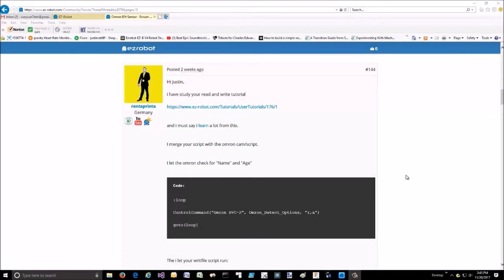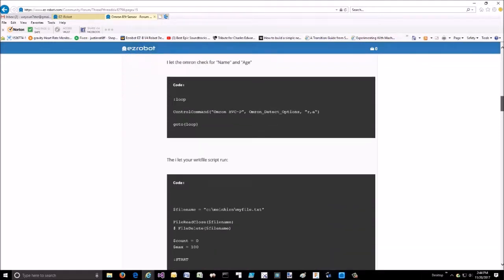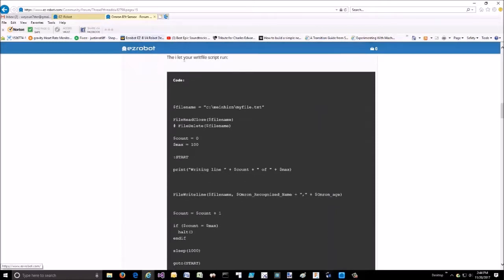Question about reading and writing files from an Easy Robot community member, Boris. So in Boris's post, this is related to the Omron camera, but it's also related to reading and writing files within Easy Builder. Boris says that he's read the tutorial that I did on reading and writing files, and he's using a script for the Omron camera to detect name and age, and he's using the write file script